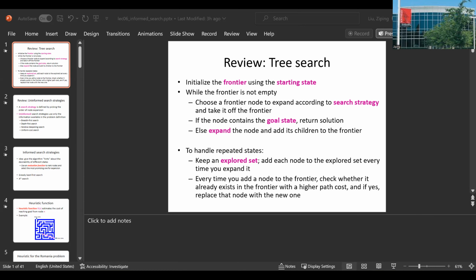It's a straight line. Okay, be careful. Among these three, which one is the lowest? Here you see, it is Sibiu. It is the lowest, so you are going to expand Sibiu. Sibiu's neighbors, it has 4 neighbors. And among these 4 neighbors,